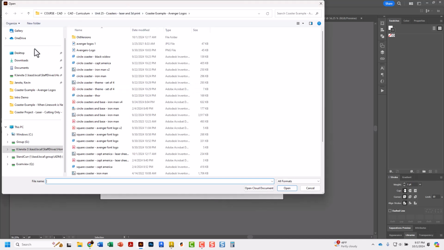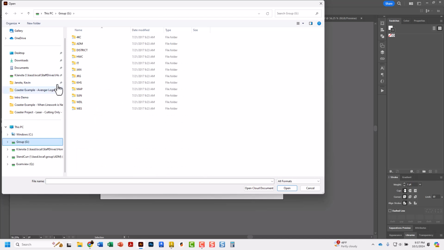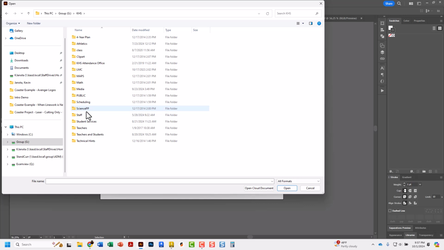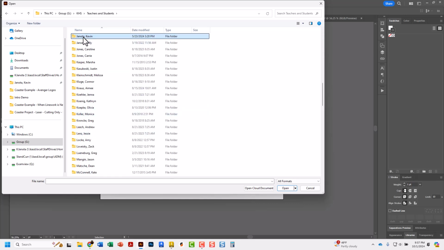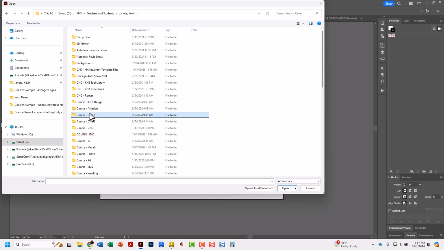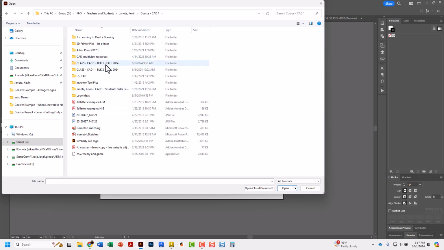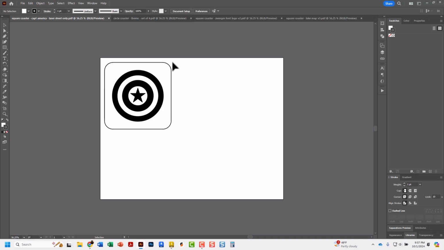And you're going to want to navigate to that Group Drive folder. Group Drive, Teachers and Students, J to Janota, Course CAD, and then your particular class folder with your name, or hopefully you have your shortcuts on the side and you can just jump right there as well. So go ahead and open up your PDF. Once you get your PDF open,